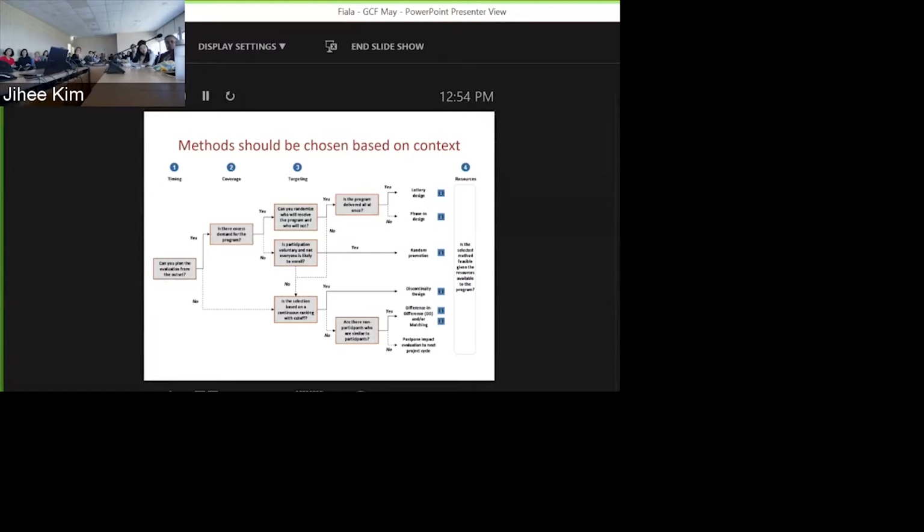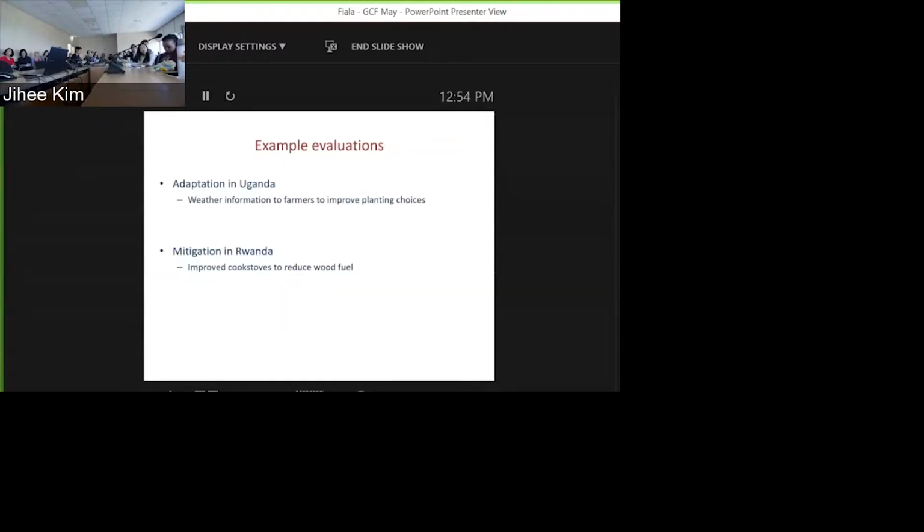So randomization can be done in many different ways. It's actually not very complicated for the most part, but choosing the right design so it fits with the program can be a little bit of a complicated task. So I'm not going to spend too much time on this other than to say there's lots of different options, and there's different things along a decision tree that can help us to figure out what is the right way to evaluate a program. So now I'm going to basically end with two examples.